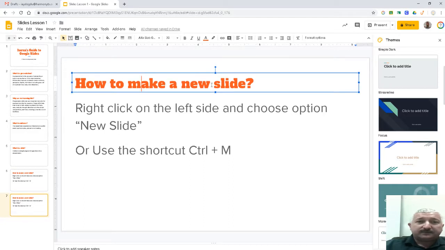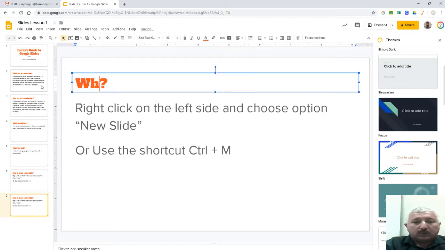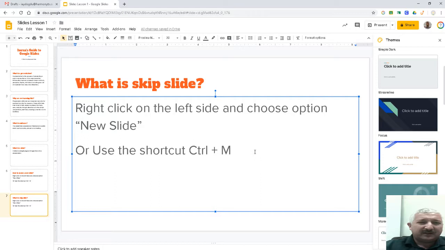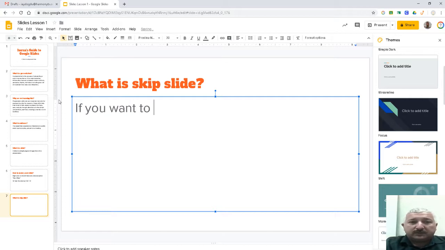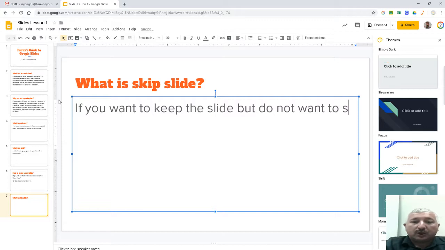What is skip slide? Okay. You have an option. You can just delete a slide from this slideshow, but sometimes you don't want to delete stuff. So what is a skip slide? Let's do this. If you want to keep the slide but do not want to show it to the audience,